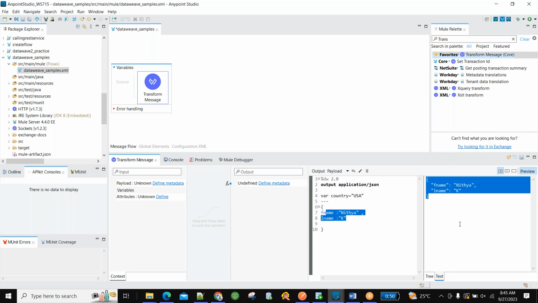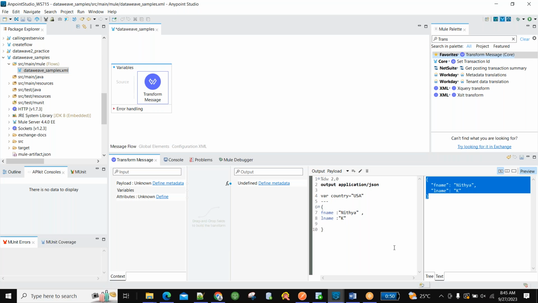So you are verifying whether the elements are getting populated or not, whatever logic you have written. Here itself we can check. That is the beauty of transform message. Normally in other technologies, if we do a minor change, we have to update the jar, deploy the jar, and unit test either locally or on CloudHub. Deployment is required for any change. But see the transformation, whatever you are doing over here, directly in preview you can see it.